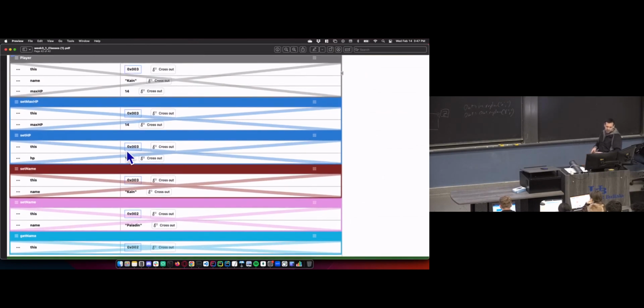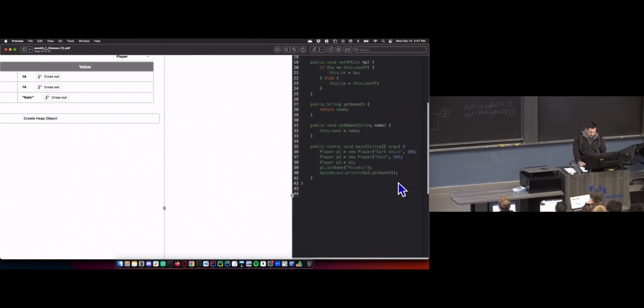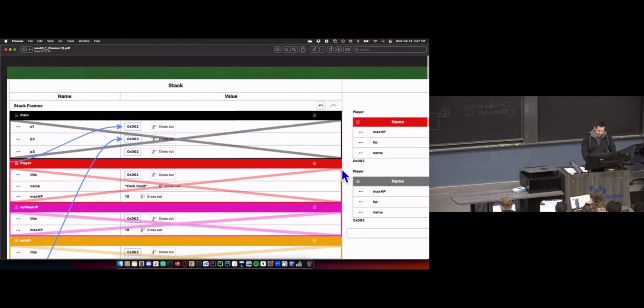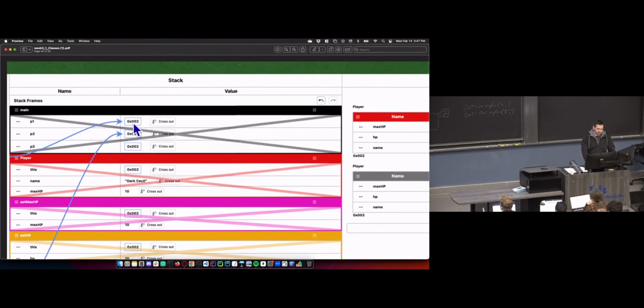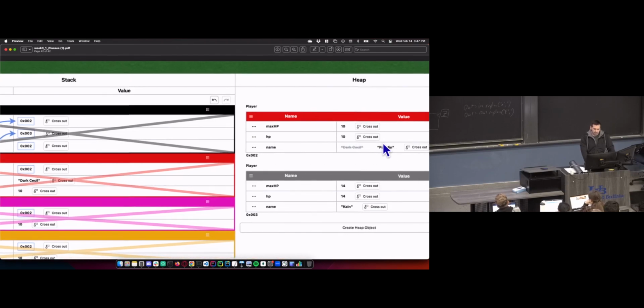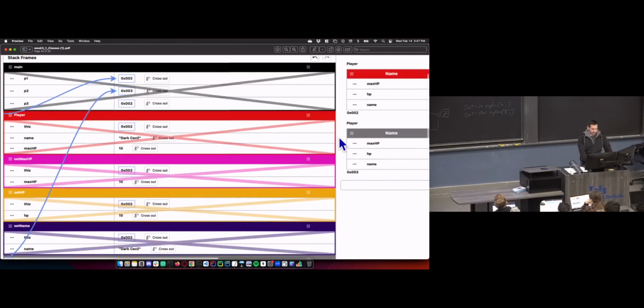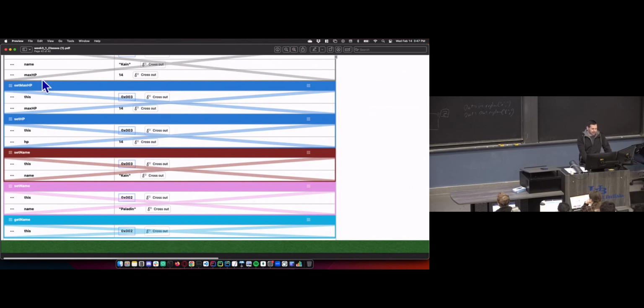Because there's one key thing that I want to make sure I point out, which is the keyword this. Whenever a method is called, so like here we have p1.setName. We're calling the setName method. p1 stores the reference 0x002. So I'm saying p1, take me to your object. That takes me over here to this object at 0x002. And then I'm calling the setName method. So when I put setName on the stack frame and any of these non-static